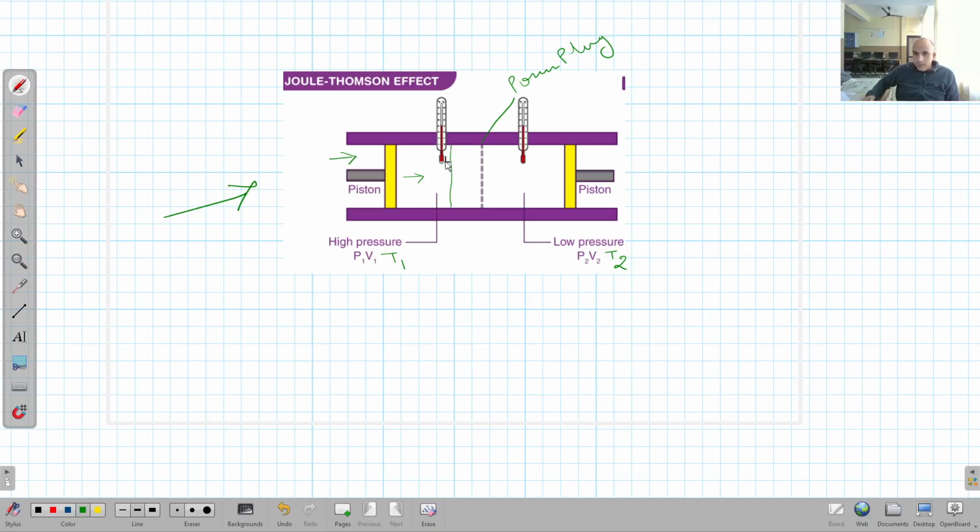Clear? Or I can take it in this way. Right, now this piston reaches here, and when it reaches here, it will travel a distance. This distance is x1, right? Similarly, when the gas passes through this porous plug, it will go there and exert a pressure P2 on the piston, so it will move toward this side. Suppose the new position of this piston is this one,